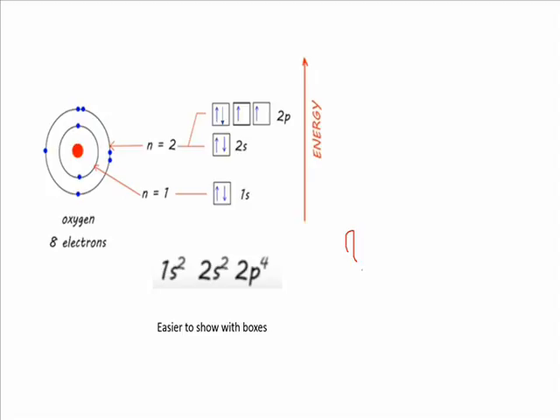Two are filled here, so we have another 4, as you can see here. So we are left with 4 electrons. We start to occupy each cell with 1 electron, this one and this one, to occupy the lowest available energy state. After we are done with the first electron, now we insert the second electron in the cell. Therefore, 4 electrons are filling the 2p orbitals, leaving the overall configuration as 1s2,